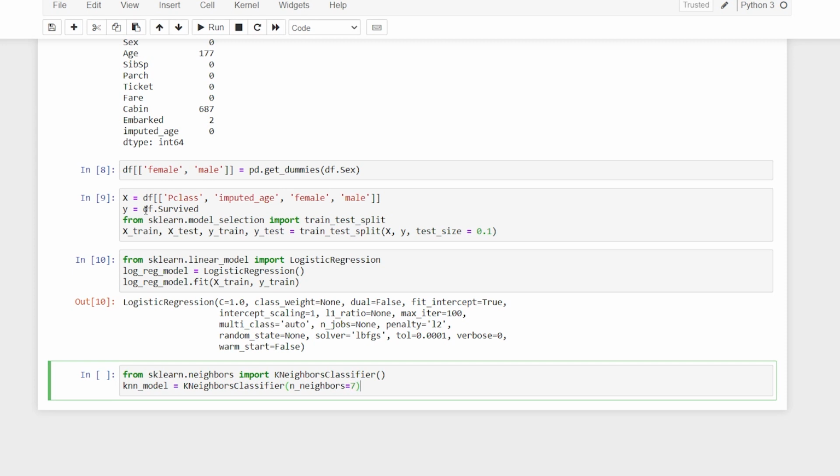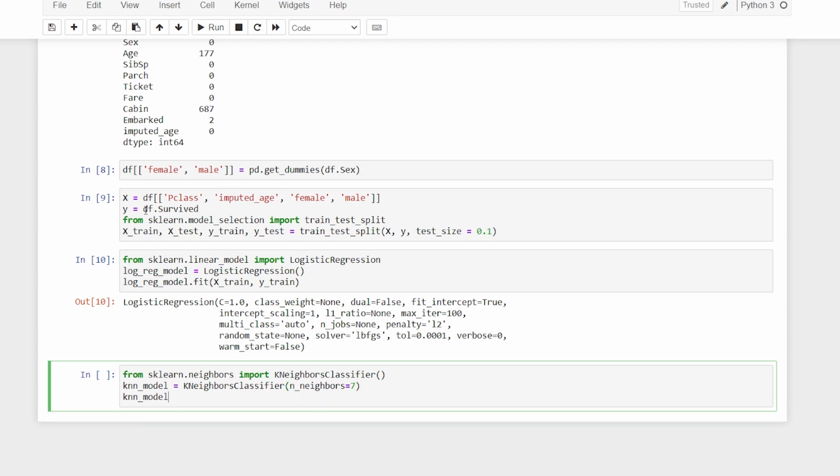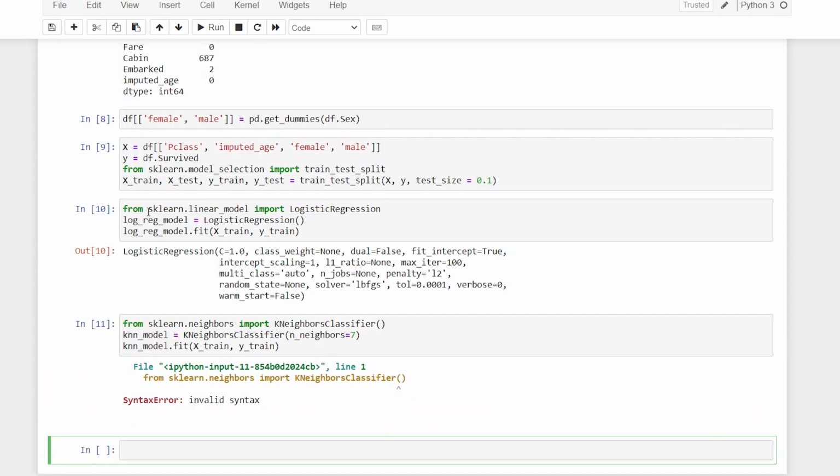I'll just say 7 for now, and I'm not concerned about the metric. Let it be Minkowski, and then I'll say knn_model.fit, and I'm going to fit it with my X_train and y_train. I am now not bothering much about calculating the accuracies.